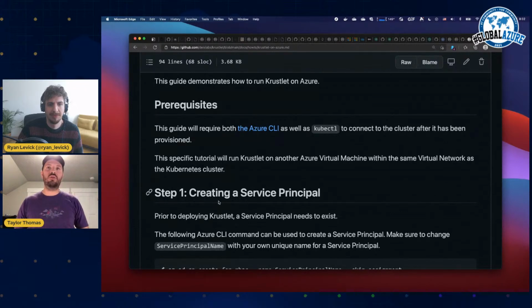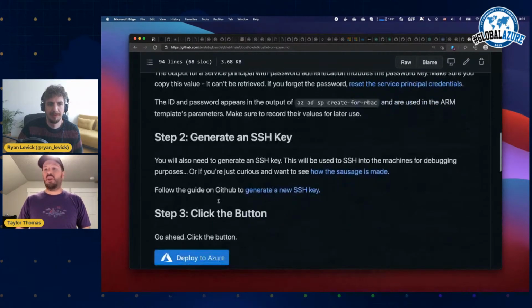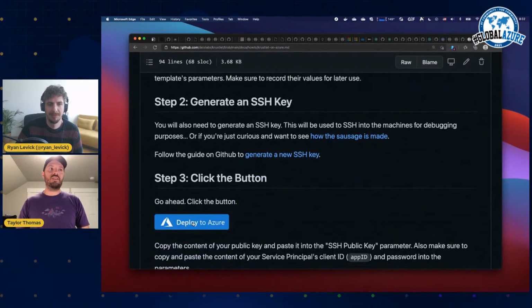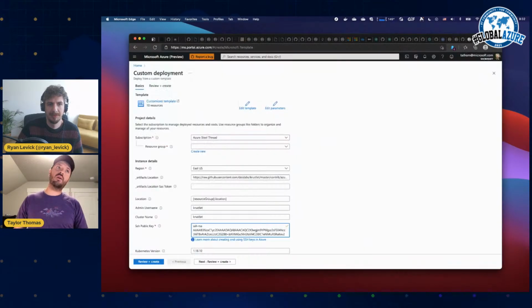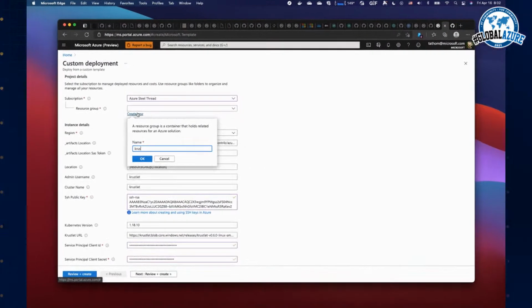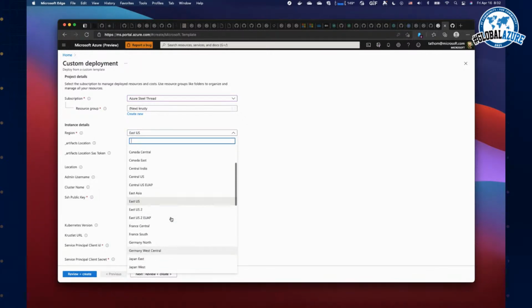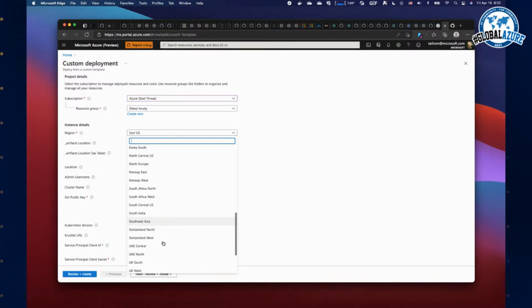So the first thing you'll need to do is create a service principal, which I've already done, and then make sure you have an SSH key. Then you have this deploy to Azure button. So I'm going to move over here where I already clicked on that. I'm going to create a new resource group and just call it Krusty, because Krusty the Crab and also Krustlet. Since we're doing it in Europe, I will find an area over in the EU. Let's do